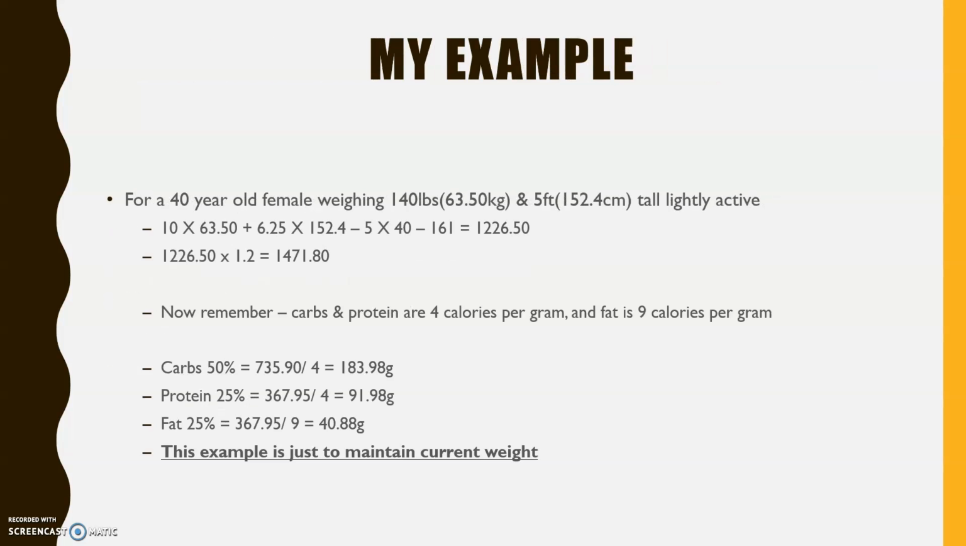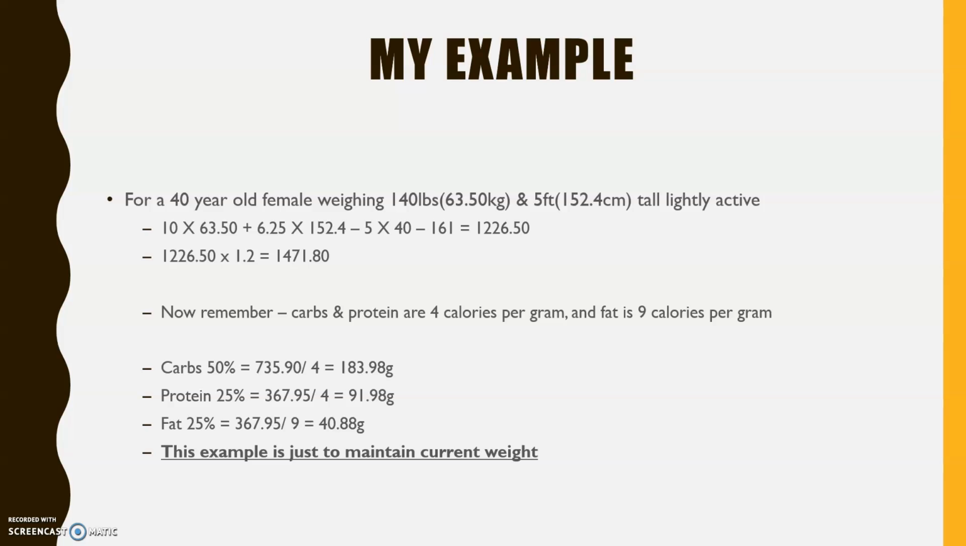So here's an example. A 40-year-old female weighing 140 pounds and 5 feet, lightly active. I already did the conversions from pounds to kilograms and from feet to centimeters. So I put that she was lightly active. Once I did the formula, I got 1,226.5, and then I times that by 1.2 for lightly active. So that shows that in order to maintain weight, this 40-year-old female would need 1,471 calories